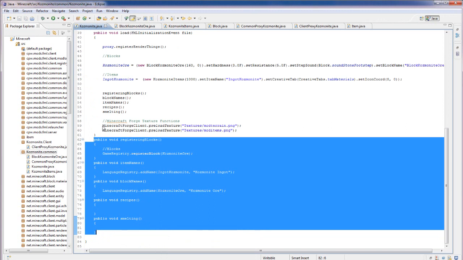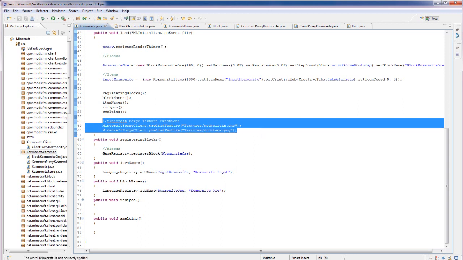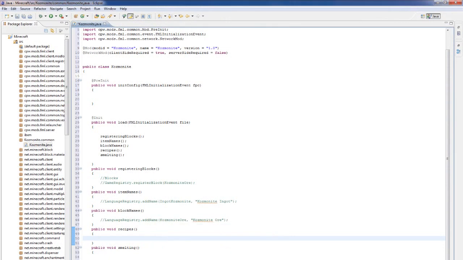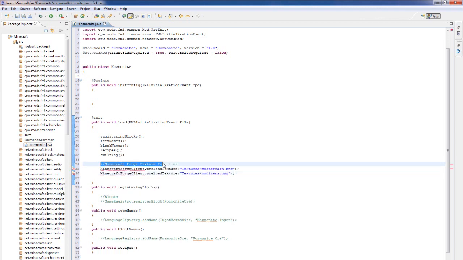So to do that, it's just basically two simple lines of code, but I'll just copy it across with the heading as well, so let's keep things nice and neat. Okay, so again, we're going to put that inside your public void load, just underneath your smelting. This is for your Minecraft Forge texture functions, and I've just put a double slash in front of that so I can make a heading in here to make things nice and neat. What I've typed in here is Minecraft with a capital M, Forge client with a capital F, capital C,